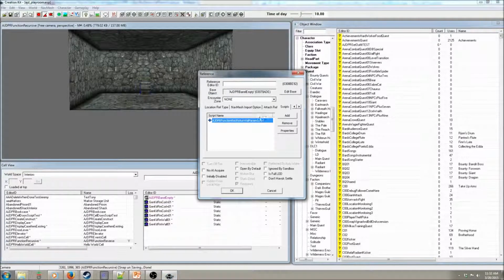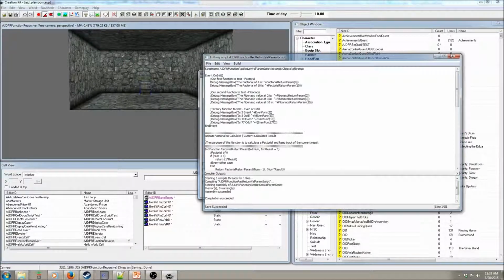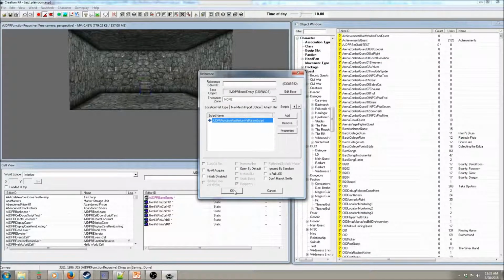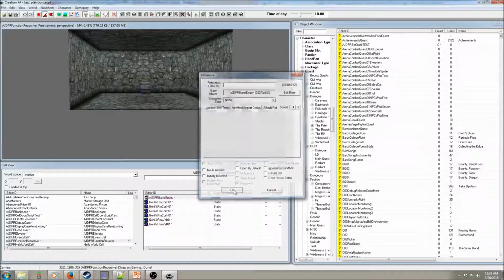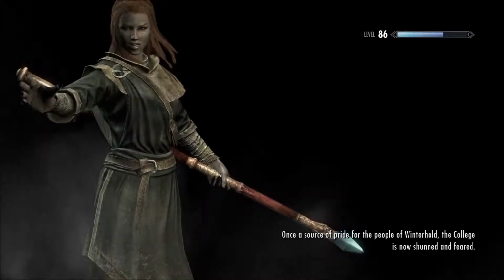So everything should be good to go. Let's uncomment these message boxes. Let's go to the creation kit, at the source, save, it compiled, and I will see everybody in the in-game testing portion in a moment. And we're going to the